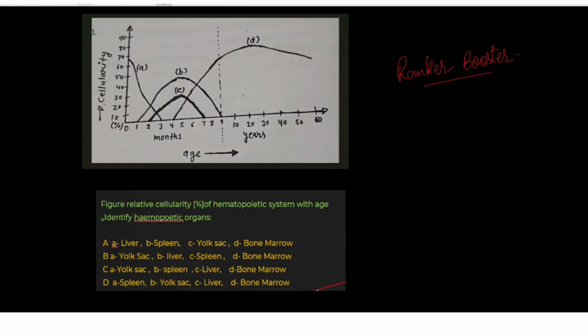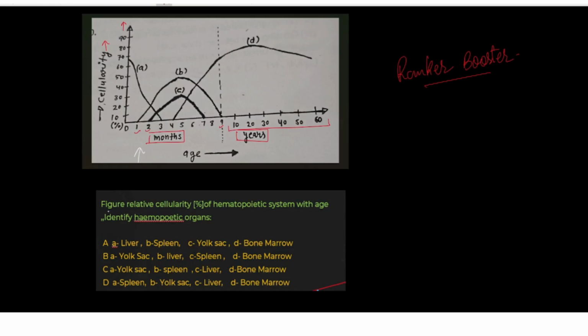So first of all, let us start to discuss this one. This graph is giving you information about months and years on the x-axis. The months here are 1, 2, 3 up to 9, meaning from the embryonic stage to the fetus level, and the years mean after birth. On the other axis, cellularity is increasing: 10%, 20, 30, 40 and up to 90 or more. So the cellularity is increasing, and on the x-axis the month or age is increasing in years as well as at the fetus stage.